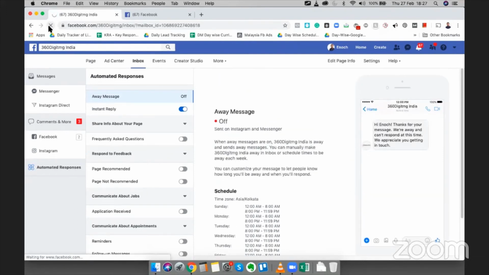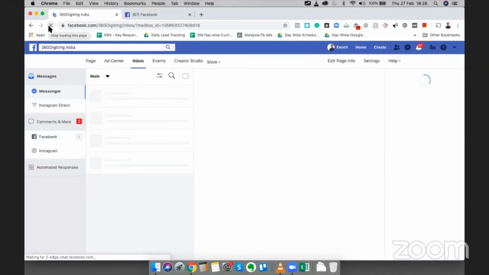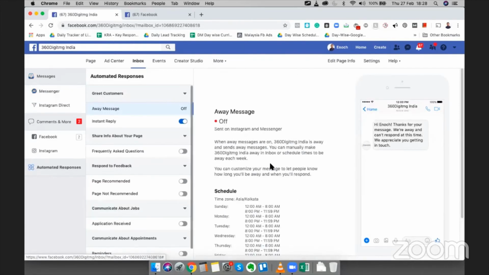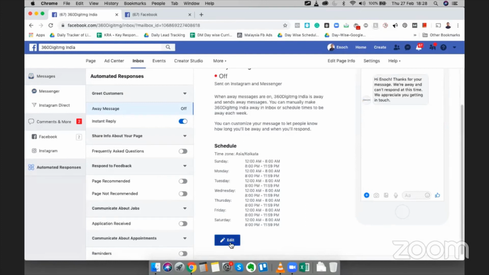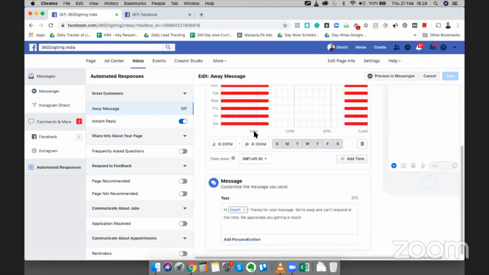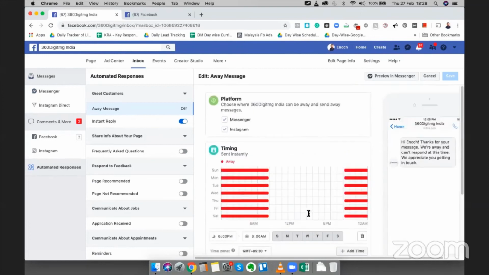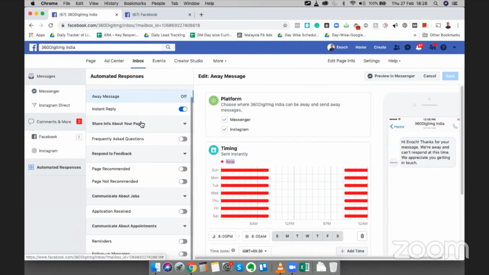Let me quickly refresh and check. Not sure why it's showing this, but this is the idea, guys. This is a basic idea.